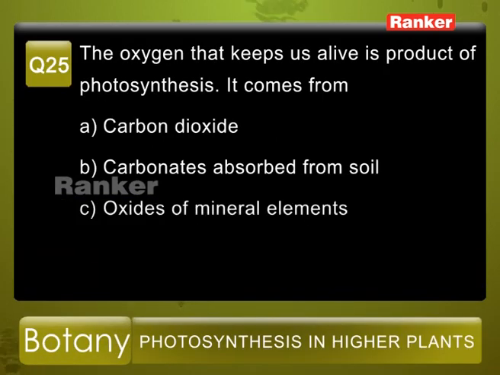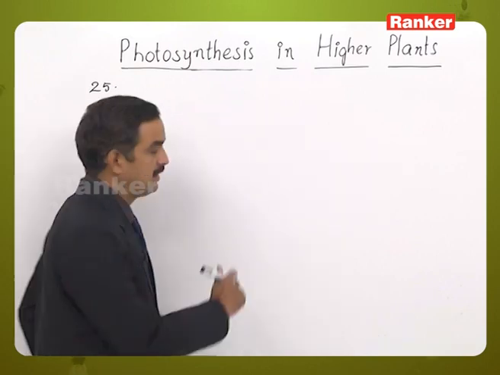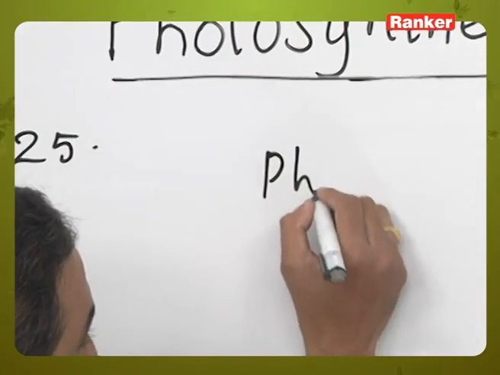Question number 25. The oxygen that keeps us alive is a product of photosynthesis. It comes from. The given options are A. Carbon dioxide, B. Carbonates absorbed from soil, C. Oxides of mineral elements, and D. Water. So here, when you take the photosynthetic process,